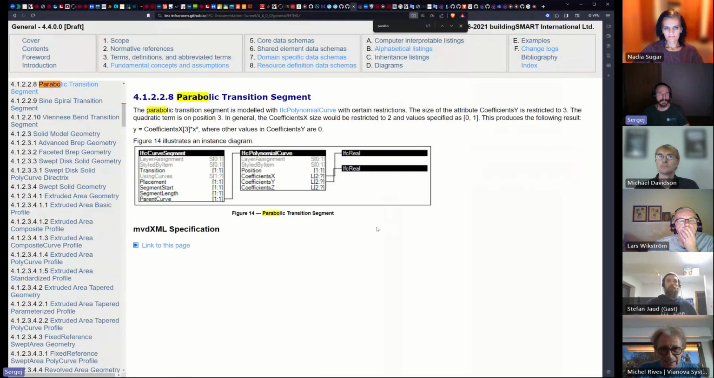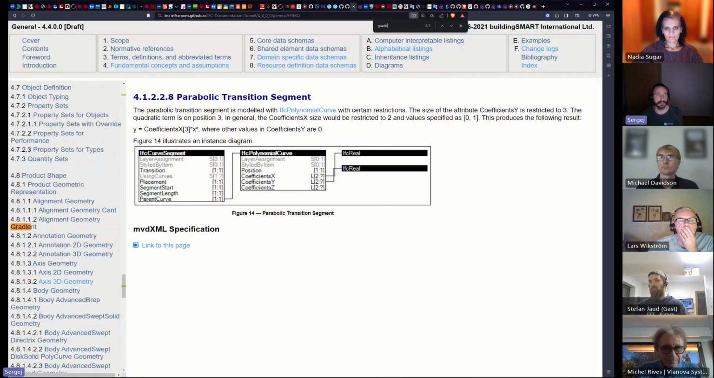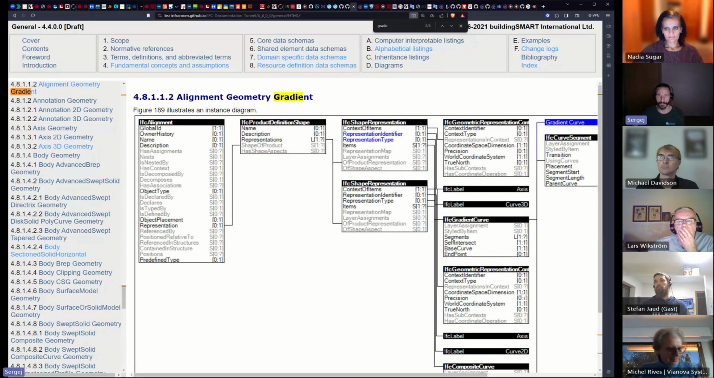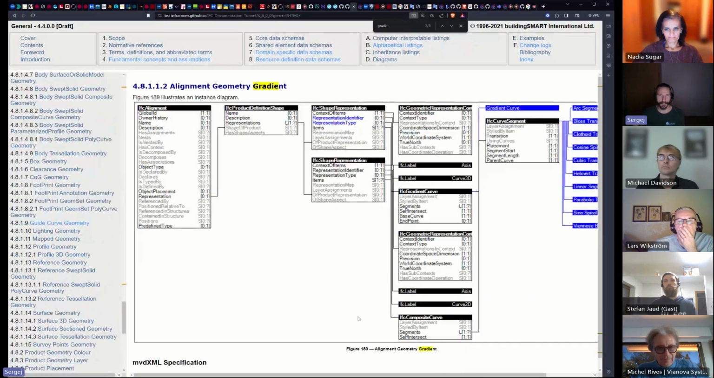Documentation. Okay, so Nadia, you are definitely aware of the gradient curve representation. Let's actually start there. Gradient, alignment, geometry, gradient. So this representation. Let's zoom out a bit. And this representation has the following